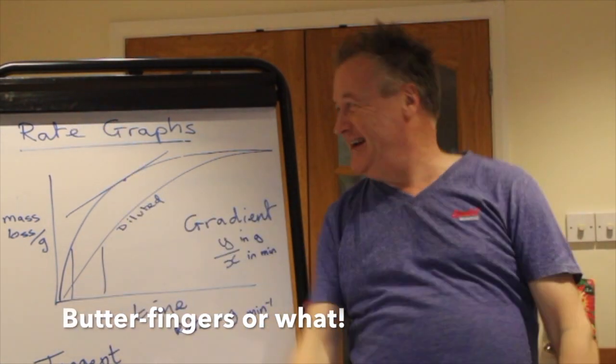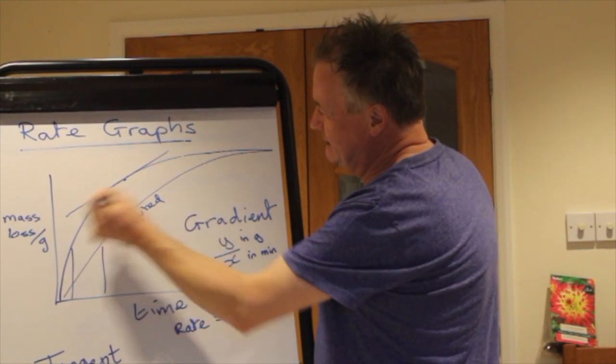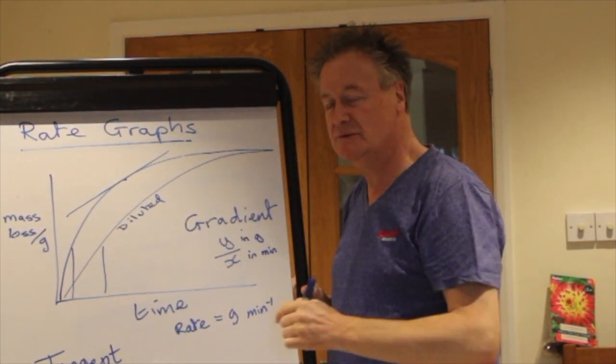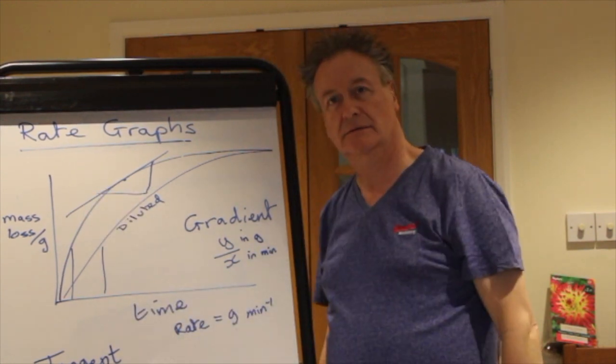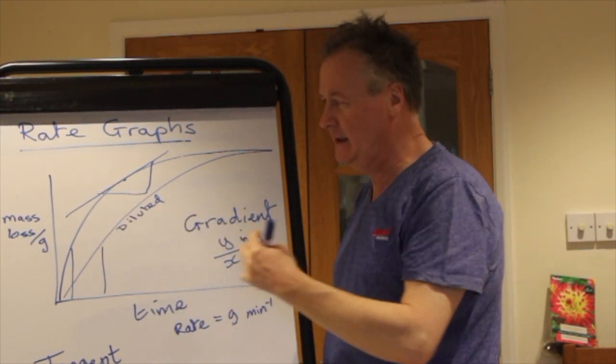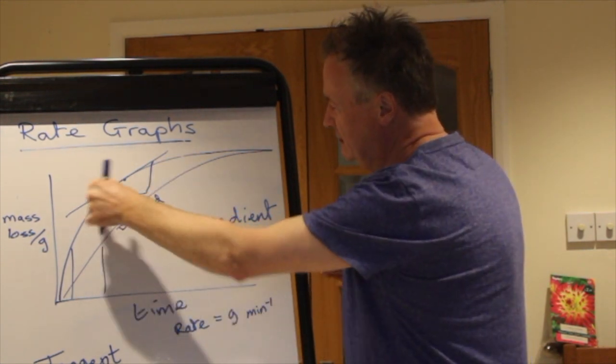I dropped the ruler! So, anyway, there we go. It's a line that never crosses the actual line. And then that gets its own gradient. One of the things about doing gradients is don't do little tiny ones. You need to do them a reasonable size,